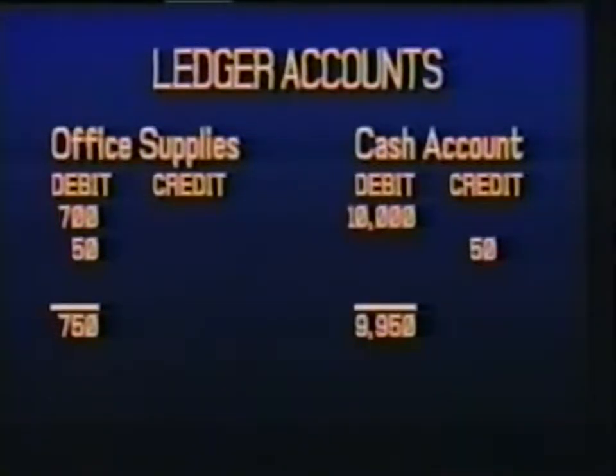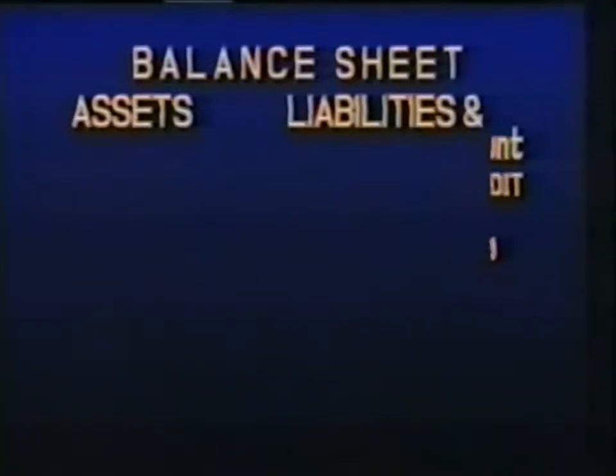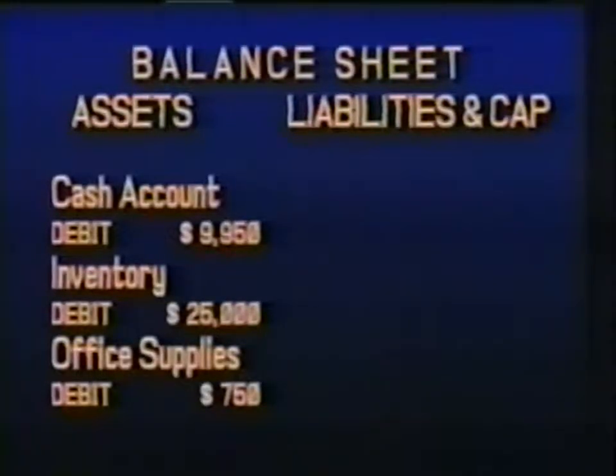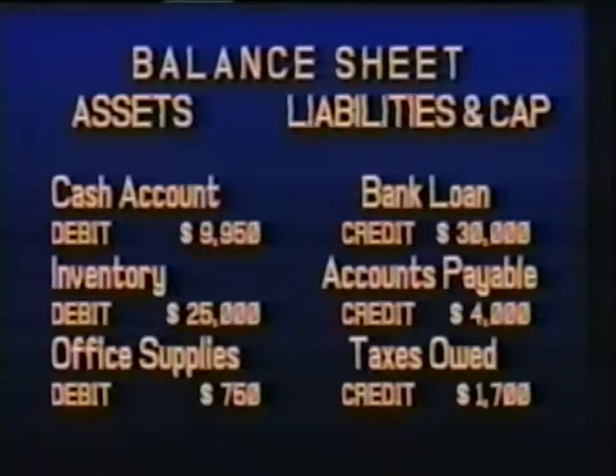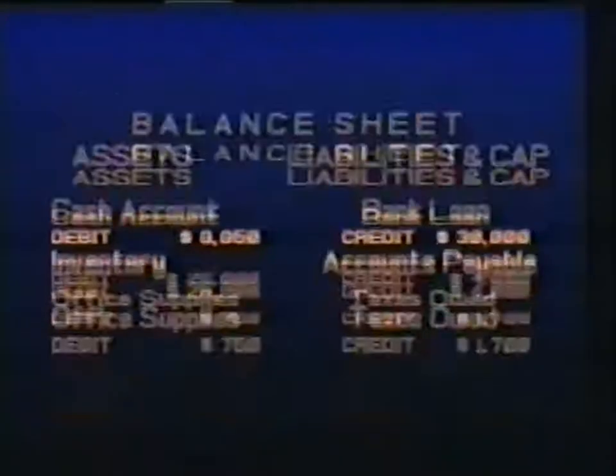Once we've posted all the transactions from our journal, we can look at the various accounts to get a financial picture of our company. If we put all these snapshots of our accounts down on paper with the assets on the left side of the page and the liabilities and equities on the right side of the page, we'll have the balance sheet we mentioned earlier. So the balance sheet becomes a snapshot of our company finances at any given moment. This useful information gives an insight into the condition of our company.